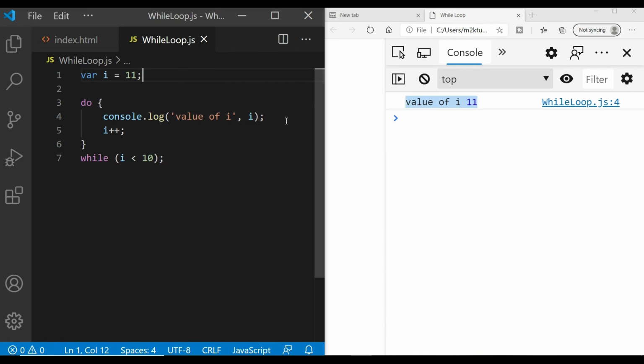Okay guys, so this was pretty much it with the while and do while. The while loop you will be using very little compared to the for loop, but there can be some conditions where you use it. But remember that if you are using a while loop, remember to make that condition false. This condition should eventually be false, otherwise you will be in big trouble, you will crash your browser, right?